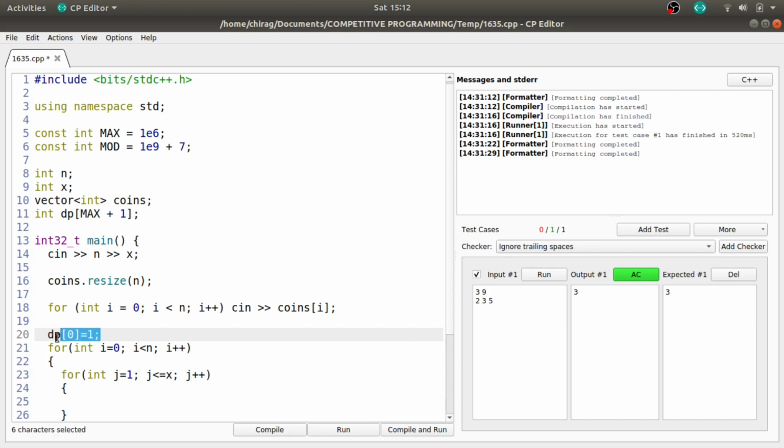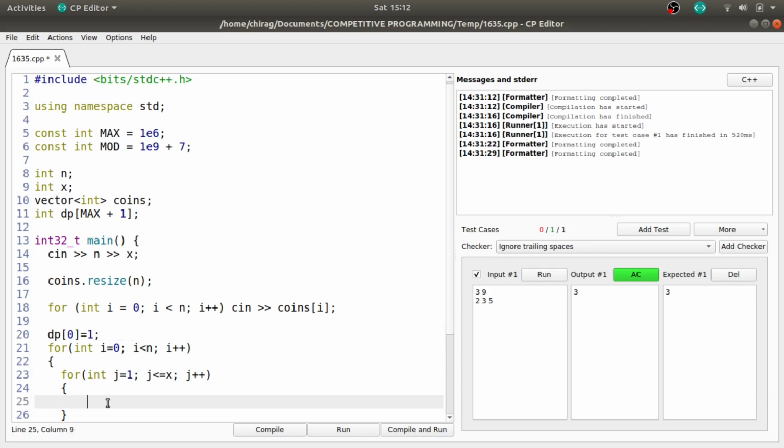Or you can also think in that way that if you use dp of 0 equal to 0, then whatever you are going to add up in your answer, you will always get an answer 0. So whenever you need to find the number of ways, at least one place should be there where you are returning 1 in the base condition. So here that is when we have the sum 0.